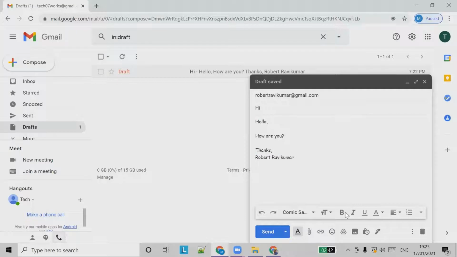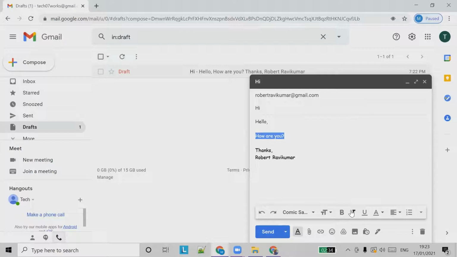And again, we can bold certain things. We can bold these subjects. You can see how it's bolded, right? You can see the difference between normal fonts and the bolded font here. And again, you can choose italic if you want.